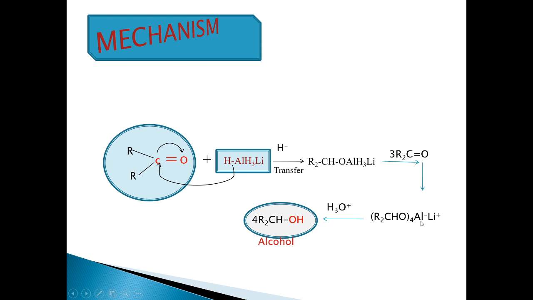hydrides. And finally, it is hydrolysis. This is the reaction using hydrolysis in the presence of water molecules. The last product is the formation of the alcohol. The molecules of the ketone taken are 4 and the reactant taken is 1. The product is the formation of 4 molecules, or 4 compounds, of the primary alcohol. We have to see this reaction step by step. It is called the mechanism of formation of alcohol from this ketone.